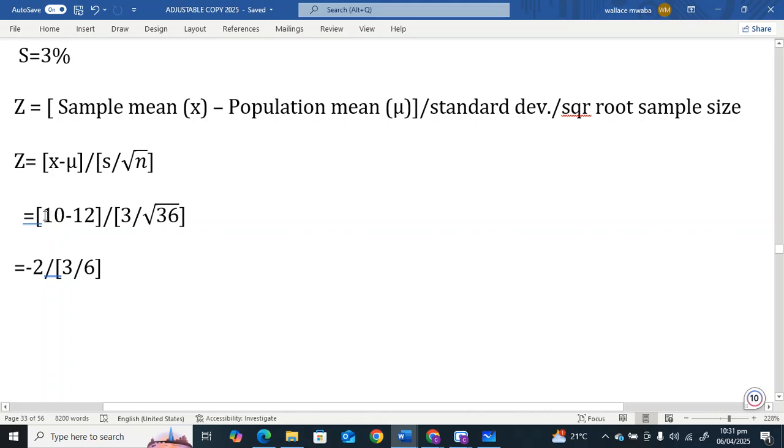Yes. So you're going to say 10 minus 12, that is negative 2. Sample size, remember, is 36. Square root of 36, that is 6. Okay, here remember order of operations. We work on these brackets here and also these ones here. So 3 divided by 6, that is,